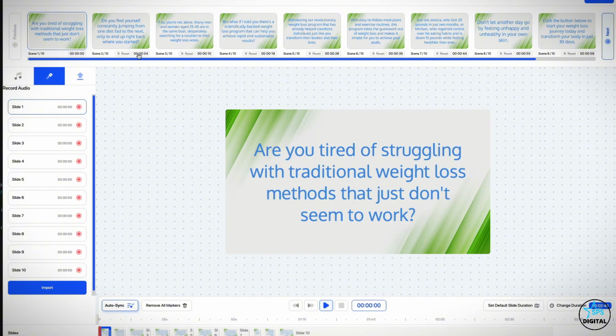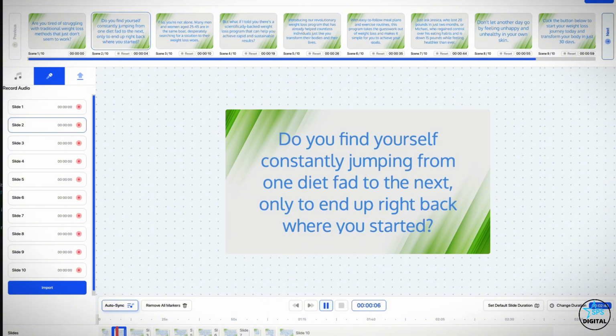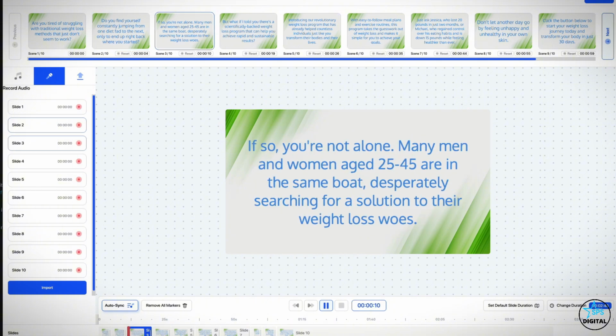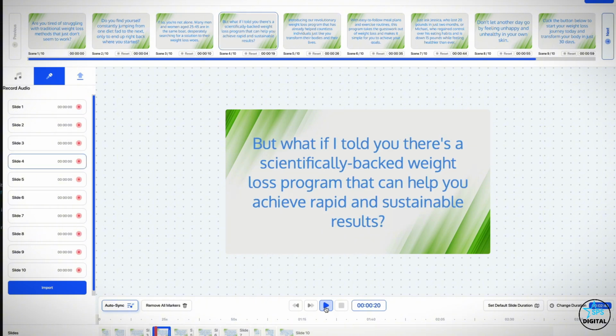So now, as you can see, when I click on play, are you tired of struggling with traditional weight loss methods that just don't seem to work? Do you find yourself constantly jumping from one diet fad to the next, only to end up right back where you started? If so, you're not alone. Many men and women aged 25 to 45 are in the same boat, desperately searching for a solution to their weight loss woes. But what if okay, so as you could see, as the voiceover was playing, it automatically knew